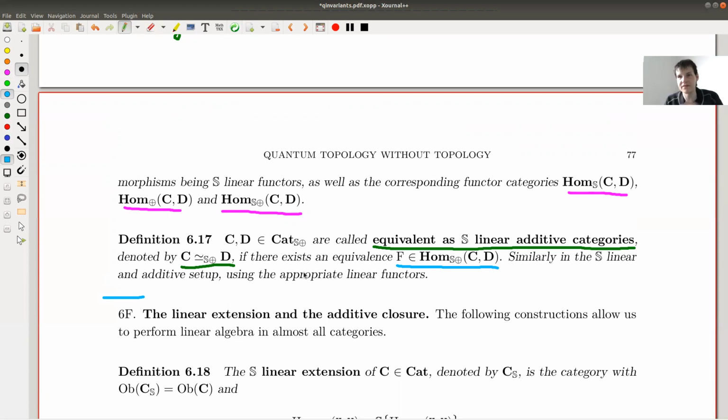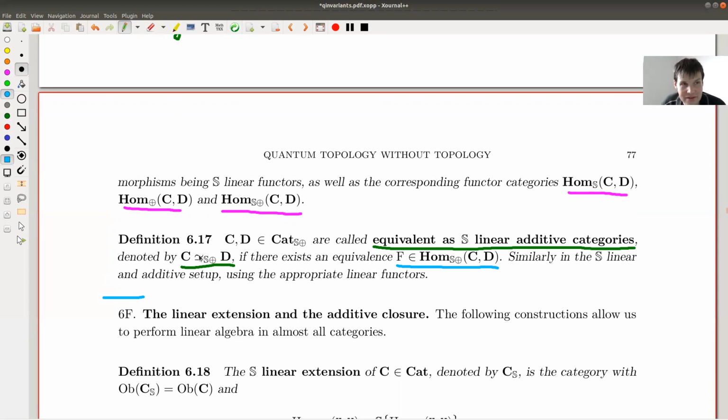And then I just did the usual yoga, like cooking up functors and functor categories, linear, additive, whatever. Nothing really new, I hope, for you. If you made it to this point, it's hopefully not completely new to you. Okay, and the question is actually how restrictive are those notions? How restricted is it to be a linear category? Are there many linear categories? How restricted is it to assume that you have an additive category? Are there many additive categories? And the answer is it's basically no restriction at all.